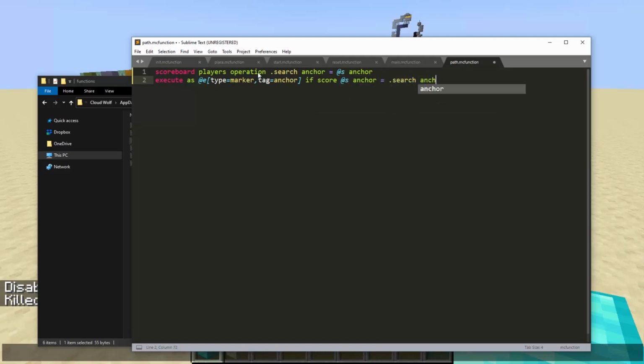So we use this fake player as a midway point to increase the efficiency of this check, because basically we need to go to all the markers and see if they have the same anchor as us, so we can get rid of using an extra selector like @p or @a tag, right? So then we find the one that matches. So after this statement, we will be at the anchor that matches, and then do